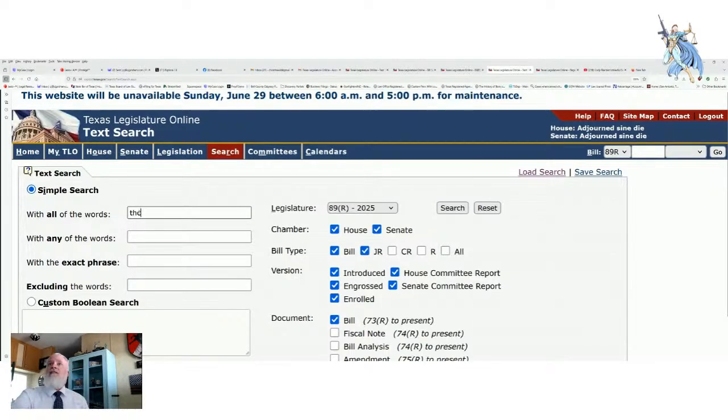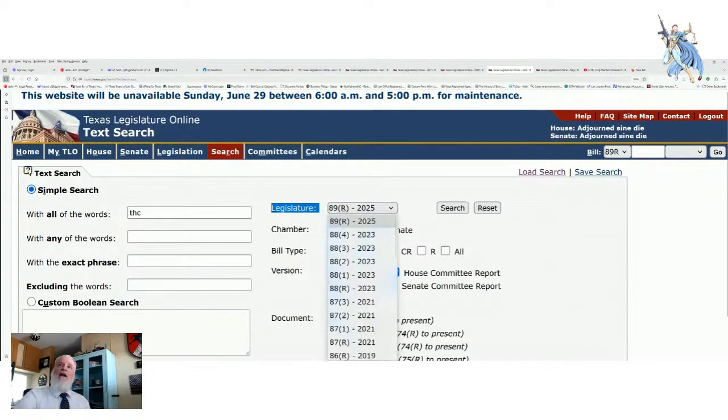Let's see if last session. And again, you're going to want to make sure you get this drop-down list. See how it goes. 88 regular, 88 first special session, second special session, third special session, fourth special session. And eventually above this will be an 89-1. And you're going to click on that. But let's just pretend